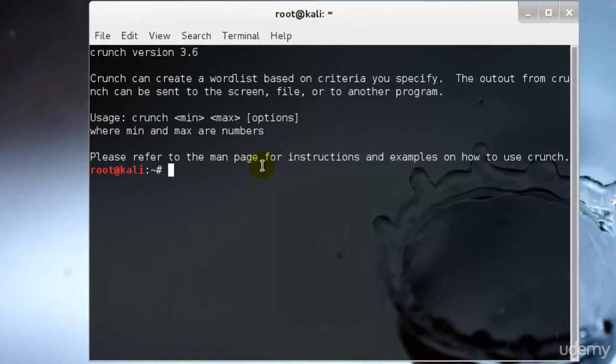The minimum is the minimum password length, maximum is the maximum password length, and the character set is the character set to be used in generating the passwords. -t is the pattern, that is the specified pattern of the generated passwords. So let's say, for example, you knew that your target's birthday was 0728, that's July 28, and you suspected that they used their birthday in their password, which people often do. So you could generate a password list that ended with 0728 by giving Crunch a pattern such as,